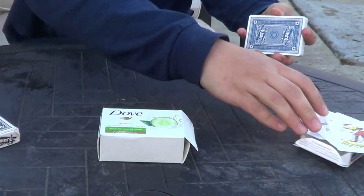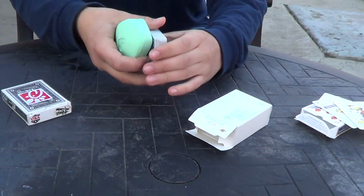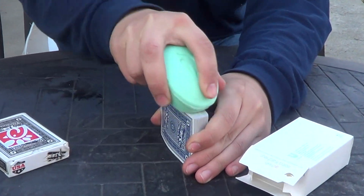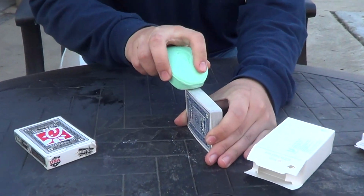So now what we're going to be doing is we actually soap this one with the new soaping method. So what I'm going to do is I'm going to put soap on the edges of the cards. So let's put everything up there. You can see it's starting to get a little bit more like a whitish color. And other side, oh, that got dirty from the table. Should still work, but